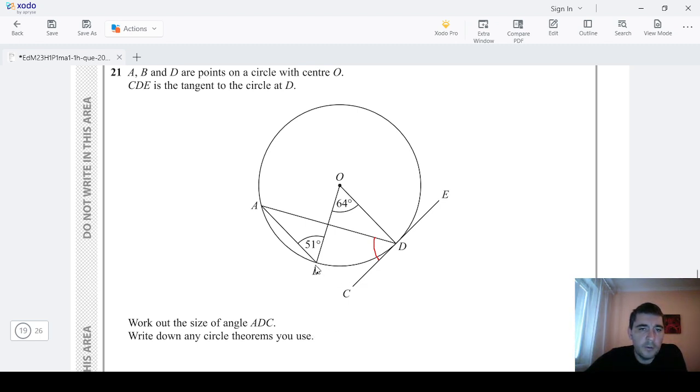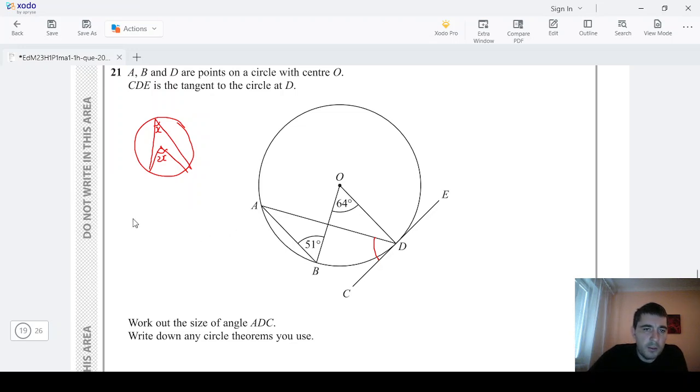So I can refer to circle theorems. We've got angle at the center and angle on the circumference. So one of the circle theorems says that the angle at the center is double the angle